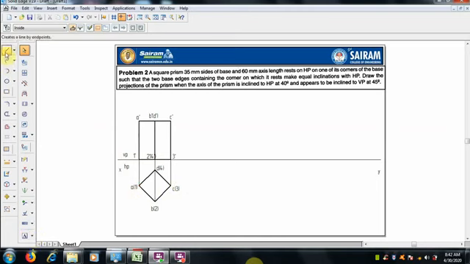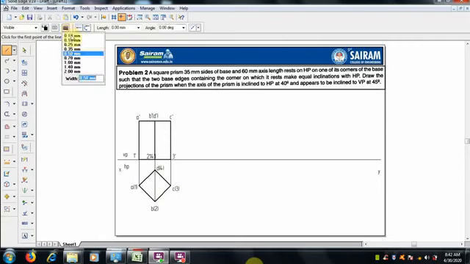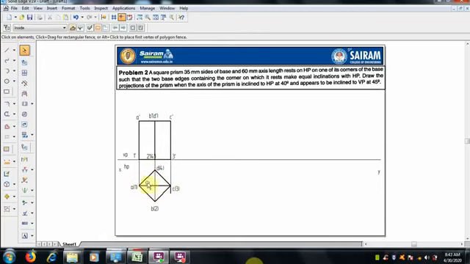Let's check the center point. Since the question says the axis of the prism is inclined to HP at 40 degrees and appears to be inclined at 45 degrees, we have to draw the center axis. But while joining, please ensure it is 0.13 mm thickness in the top view, otherwise it will look like a pyramid.